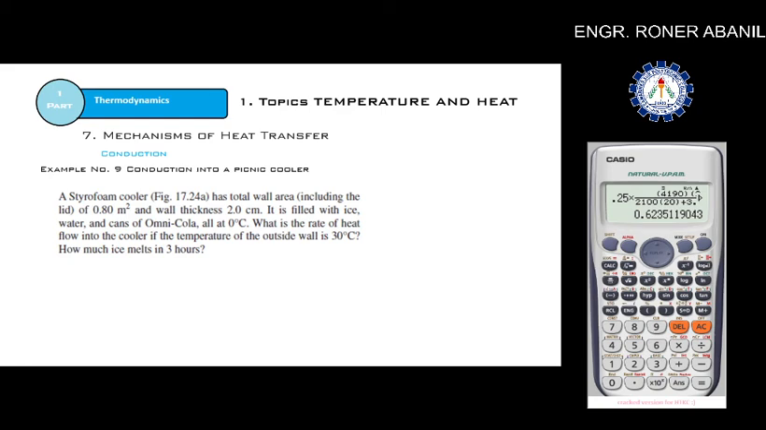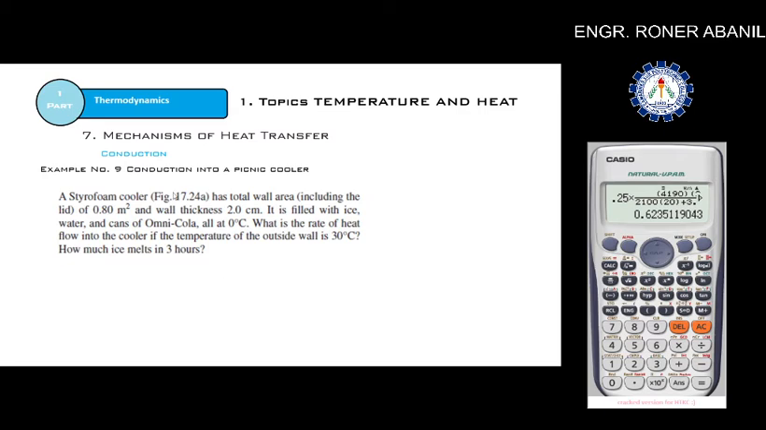So, pasok tayo sa example, no? Styrofoam cooler. Yung ginagamit ng mga nagtitinda ng paborito nating ice drop. Dahil sa ice drop na yun, sinipon tuloy ako. So, a styrofoam cooler